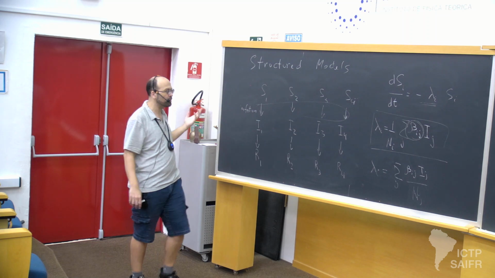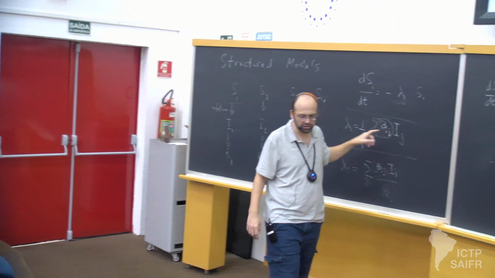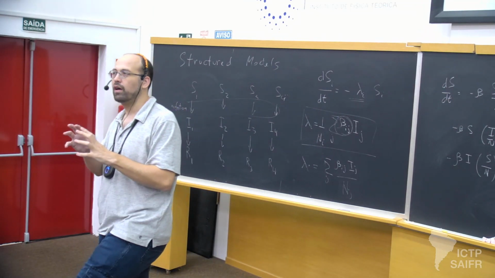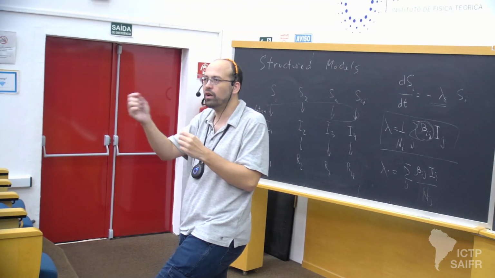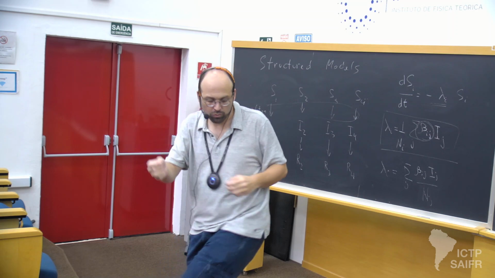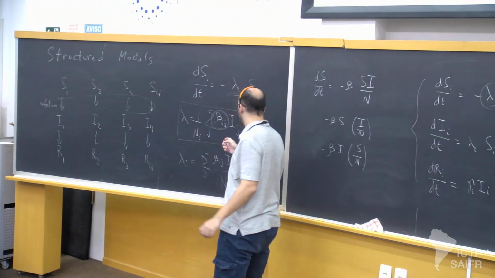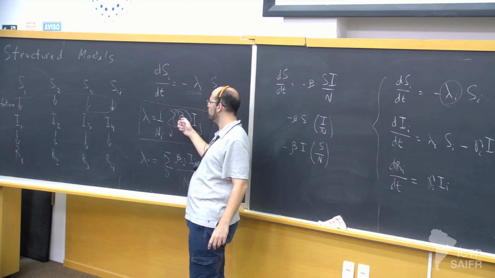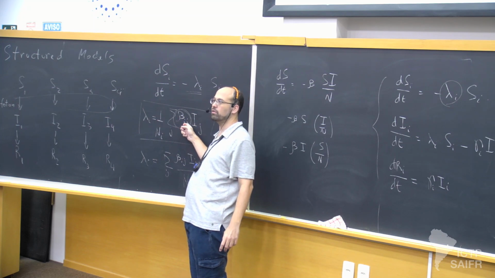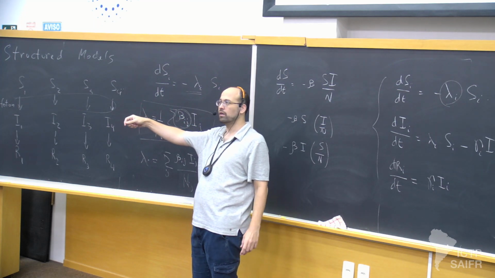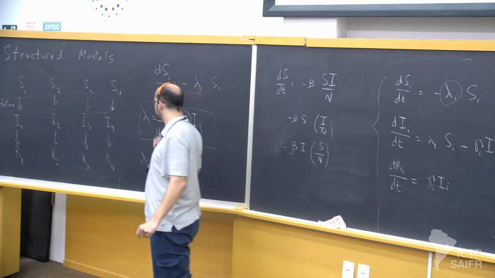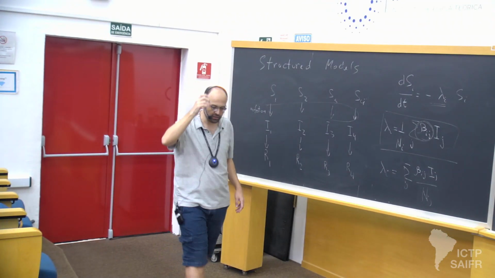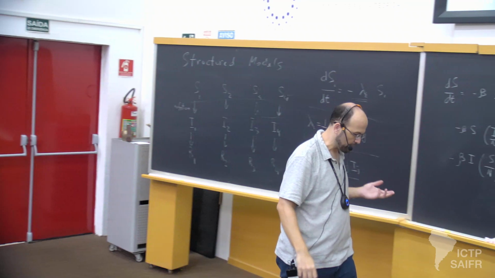And now my beta is no longer a contact matrix. Well, you can call this a contact matrix, but you can think of it in terms of what is the probability of travel between cities? Yeah? So what this term here means is an individual from city J traveled to city I and infected some susceptible in city I. Yeah? Okay? This kind of stuff tends to be also really hard to get data about. And